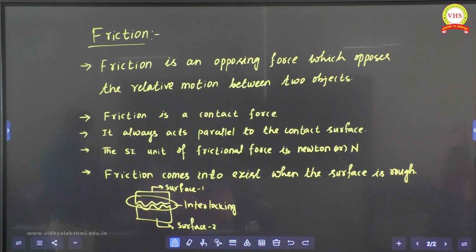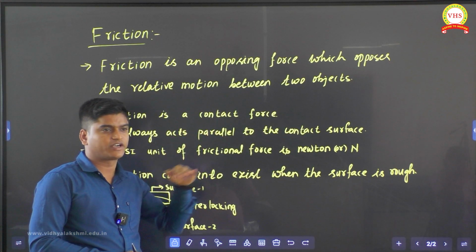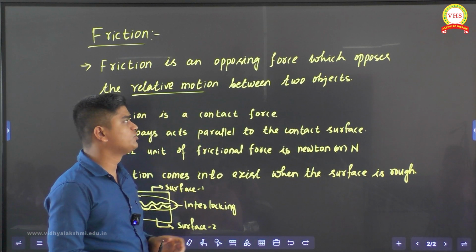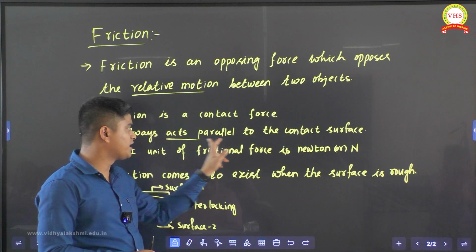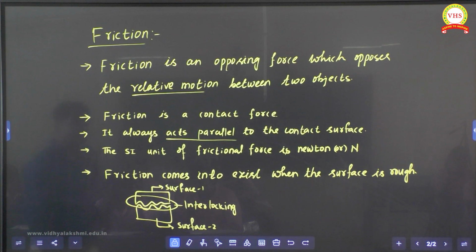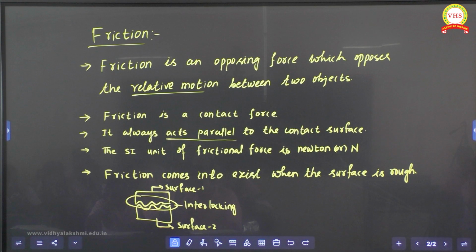Idea is clear? So write this many points about friction. Now you'll understand how friction exactly acts, how it acts parallel to the contact surface, and how it opposes the relative motion between the two objects. The two things in the illustration we'll try to see. Okay. So first complete these points about friction. And what is the formula for frictional force? Smooth surface, there is no friction. Remember that.